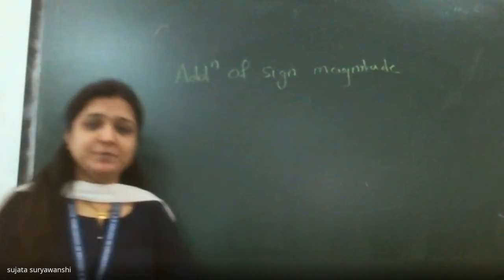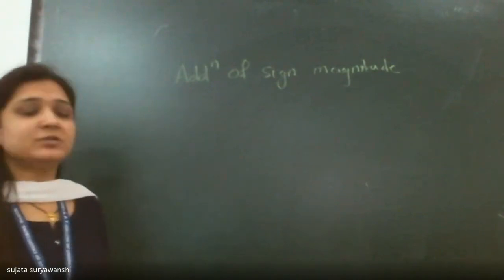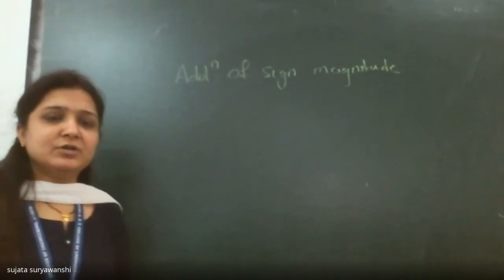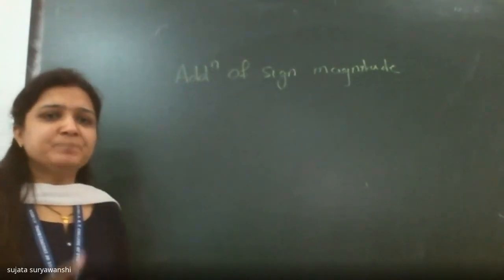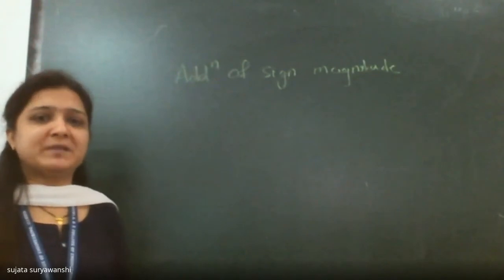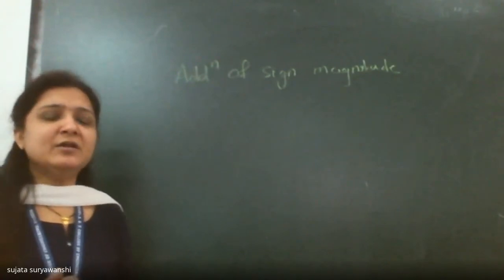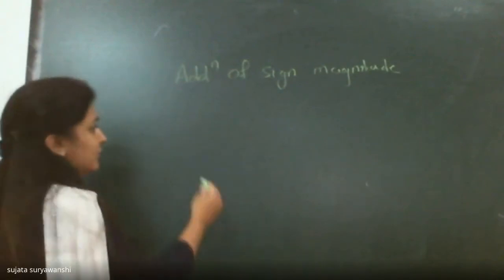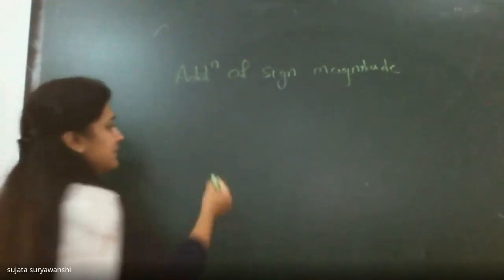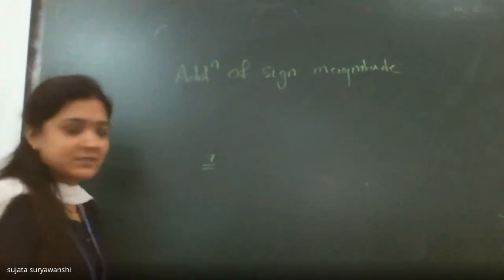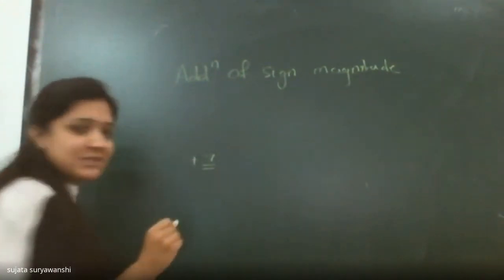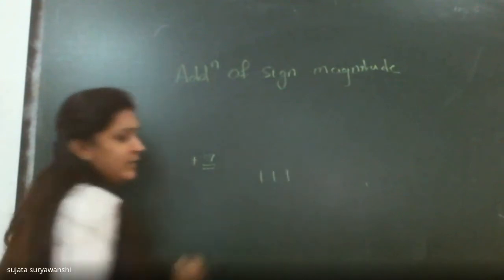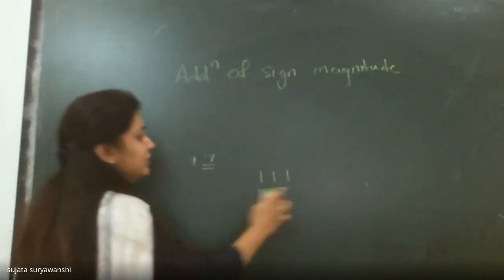Okay, so in the previous lecture we have seen signed magnitude and unsigned numbers. In case of a signed number, the MSB is reserved to represent the sign and the remaining bits are used to represent the magnitude. Suppose we have to represent a 4-bit number, and suppose 7. If it is plus 7, then how many bits are required? 7 is represented by 111. So only 3 bits are required.